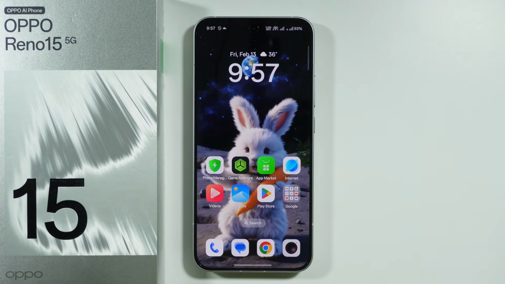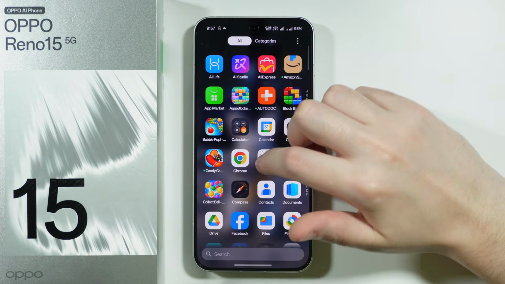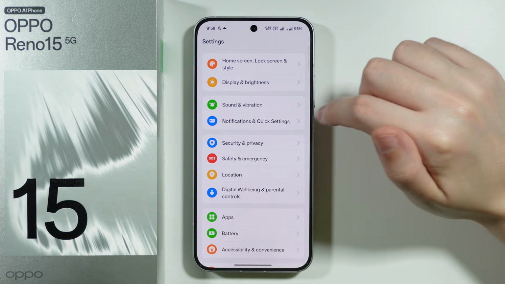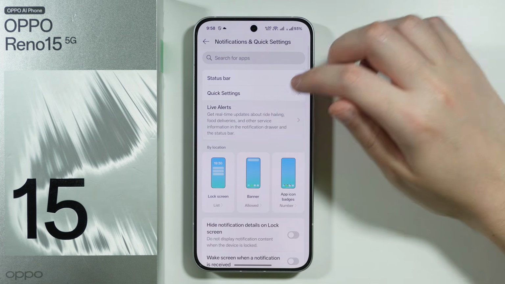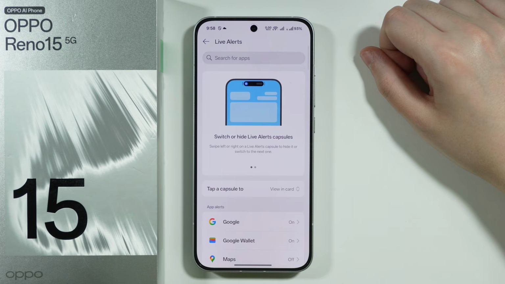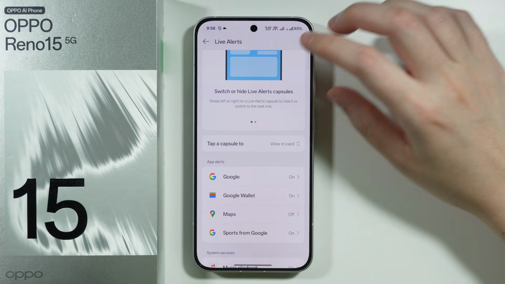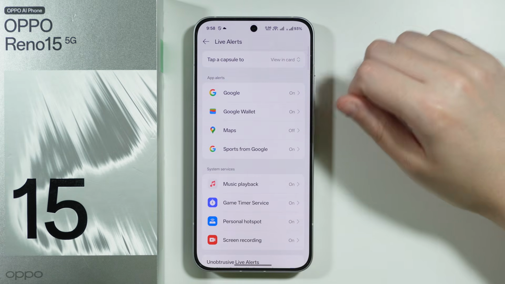If you want to enable or disable Dynamic Island on OPPO Reno 15, what you can do is go to Settings. Over here in Settings we can find Notifications and Quick Settings, and then in here we can find Live Alerts, and this is pretty much the name of the Dynamic Island on OPPO Reno 15. Unfortunately we cannot completely deactivate these capsules, this Dynamic Island, but what you can do is turn off